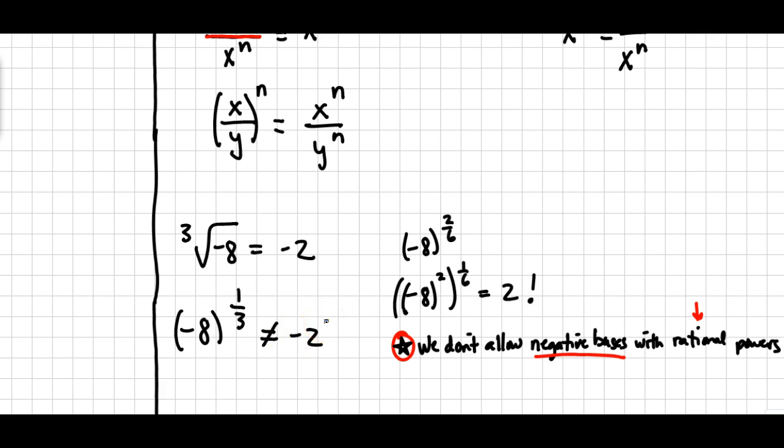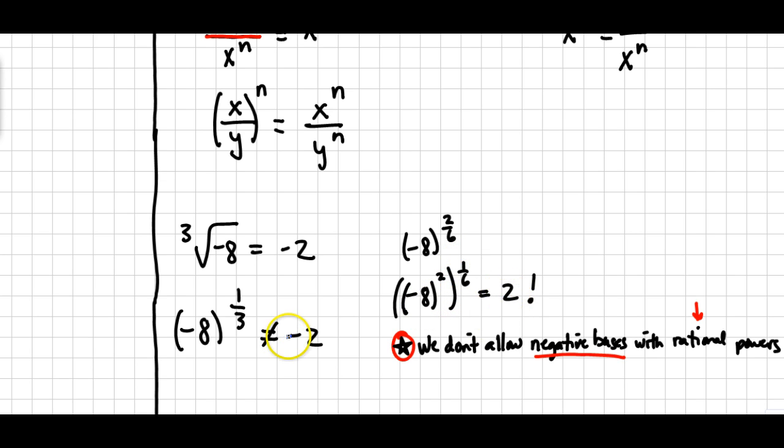And let me show you an example where that might be true. 1/3 is the same as 2/6. And from what we just talked about in this lesson, we can break up the 2/6 into two pieces, a power and a root, as separate steps. In this case, I want to do the power first. -8 squared is going to turn into +64, and the sixth root of that